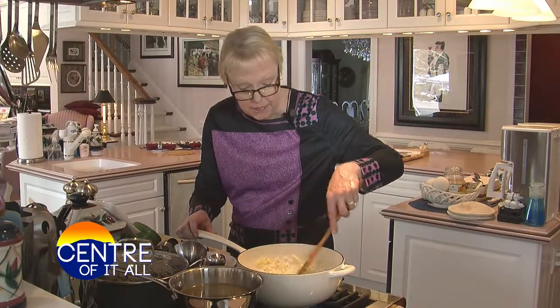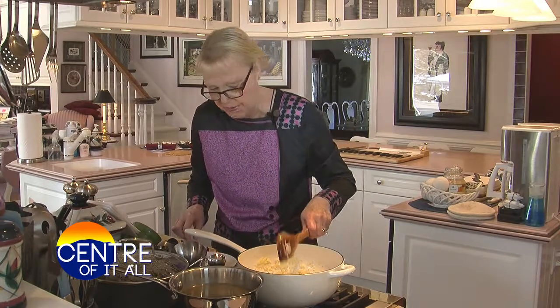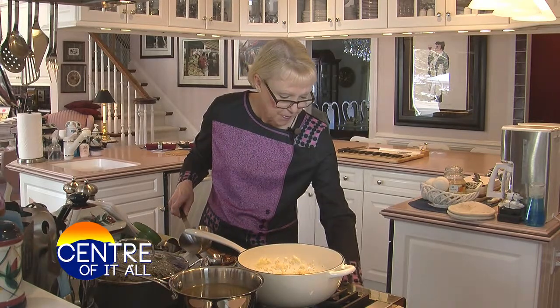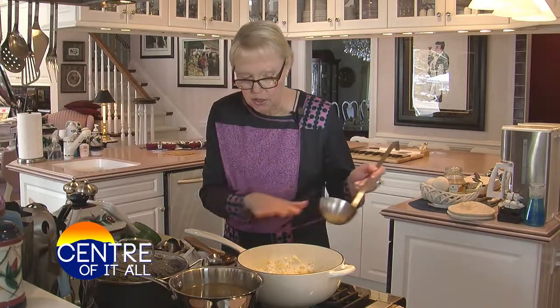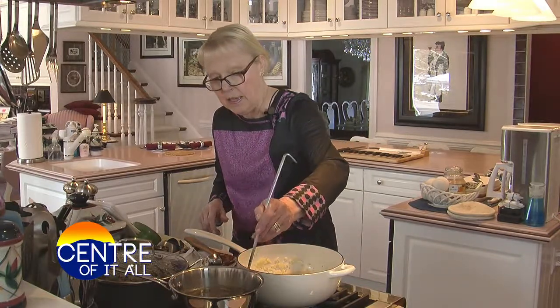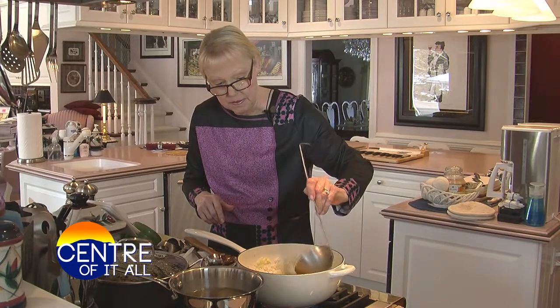And at this point, there's no liquid. The alcohol's all evaporated out of there. It's time to start adding our stock. And for the first round, what you're going to add is just enough to cover the top of the rice. So that's depending on the size of your pot. Now in this pot, it is typically